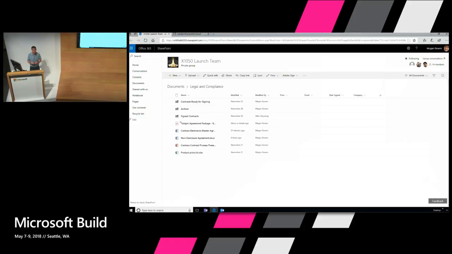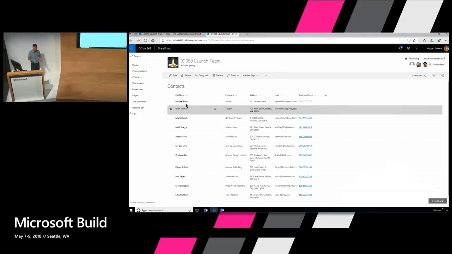And in this context, it's going to be pretty simple. We're going to capture his name and phone number and put that back into a SharePoint list that we maintain about our partners in this context. So if we switch over to the Contacts tab, we've got a SharePoint list that represents a bunch of partners that we work with here at Contoso.